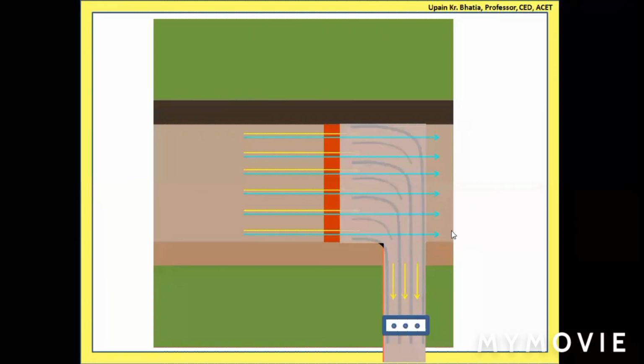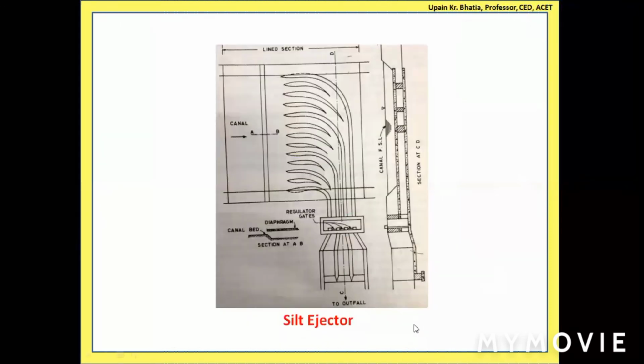Now, once we have achieved this, we plug this excavated portion of the bank in this fashion, so that now this channel section remains intact. Again, only the bottom portion has some opening where the bottom layers will be entering into this portion, and they will be collected through this series of tunnels and taken to the outward direction. So this is called a silt ejector. Okay, so this is the second category, silt ejector, and this is the diagram that is available in the books.